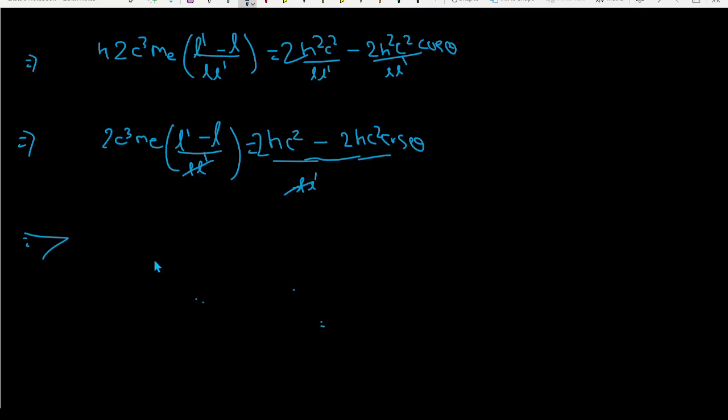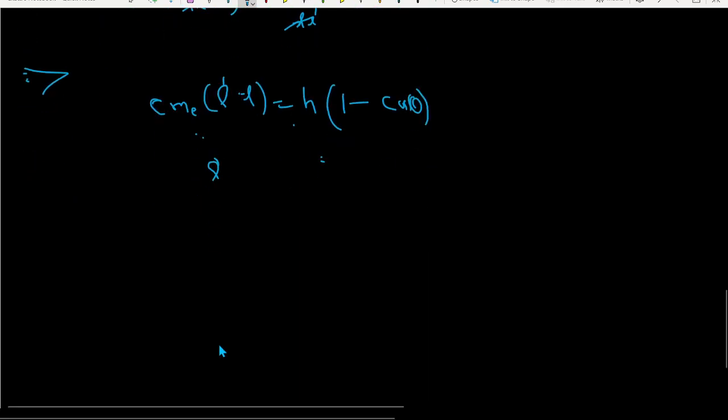And if I take 2 also common, this 2 and 2 will also cut out. c squared and c cube cut out, and the equation is c me and lambda dash minus lambda is equal to, if I take h common here, 1 minus cos theta. And then the Compton shift, which is a shift in the wavelength, how much the wavelength gets shifted, is